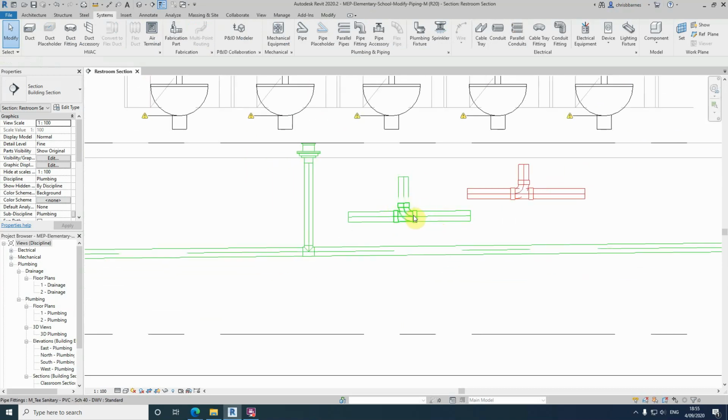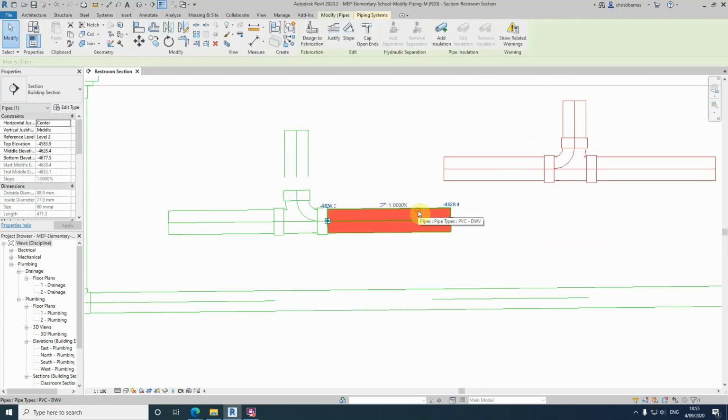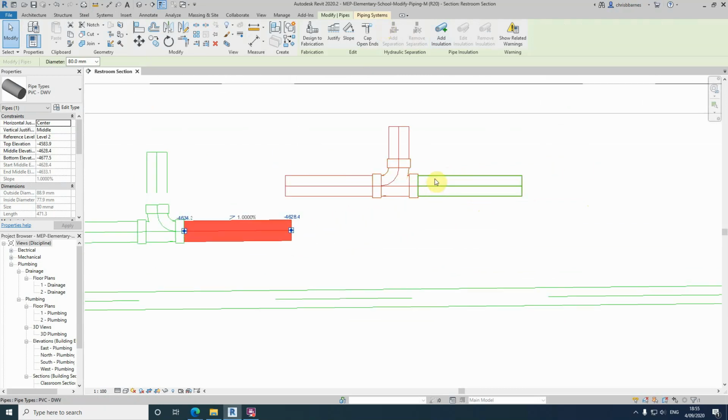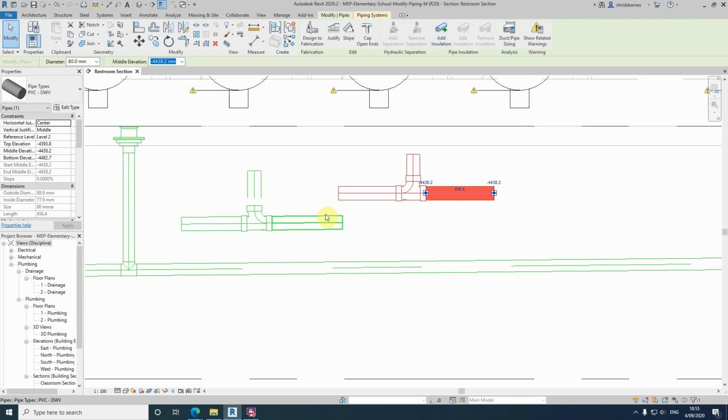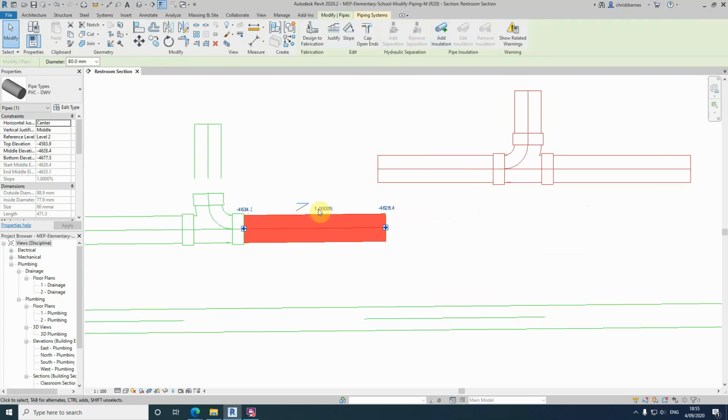Now let's say we want to change the slope. We've got this at 1%. This one we've got at 0. We didn't put anything on here. We can edit the slope by just clicking on it, changing it, and typing in the new number, and as you can see,